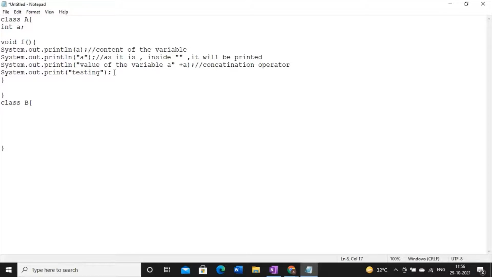So what will happen if I write anything after this print statement, say testing 2? These two outputs will sit side by side like this, testing and testing 2. Since ln is missing, this value will not be printed in the next line.